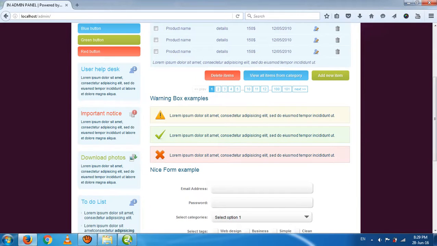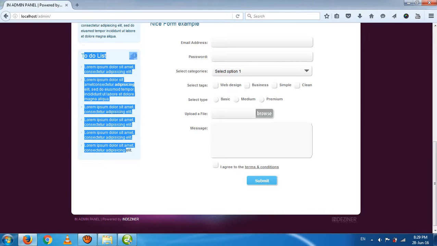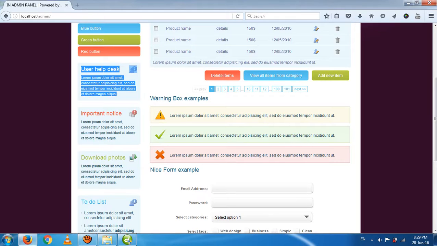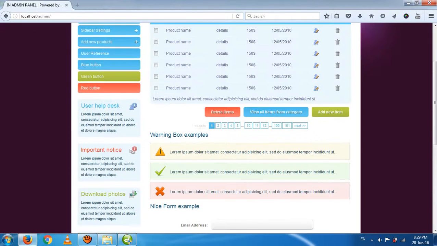Maybe for some reason it is not required in my project, such as a download photo module that you do not want to perform. So whatever modules are available, if they are not required, then simply remove them. Here we assume that module number 1, module number 2, 3 and 4 are not important in our project, so we are going to remove them.